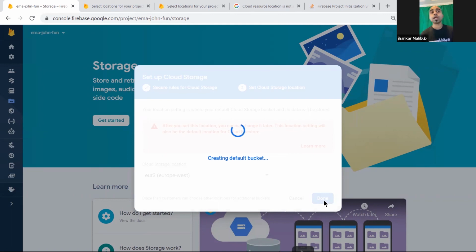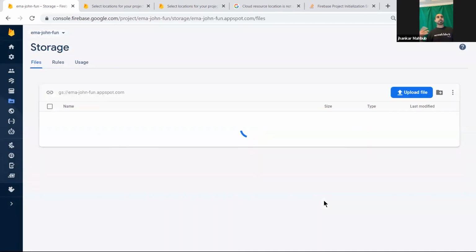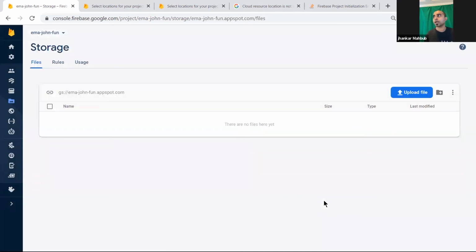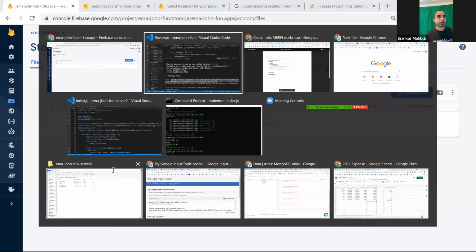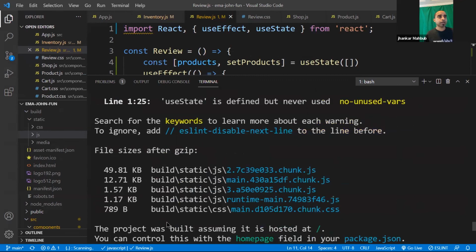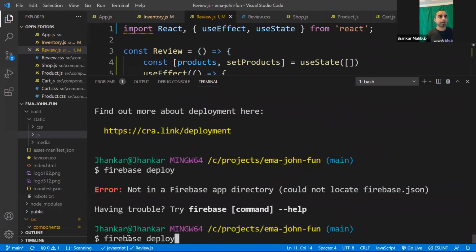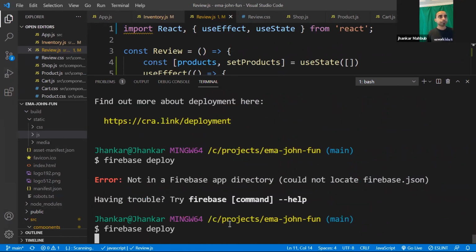For example, some have a server or data center in India, somebody has Singapore, and some have other places like US, multiple locations, Europe, and all these things. So that was what the error was about, and hopefully this should be gone. So let's do another Firebase deploy.